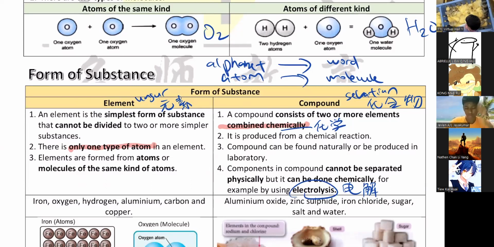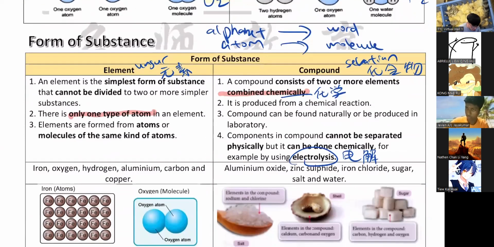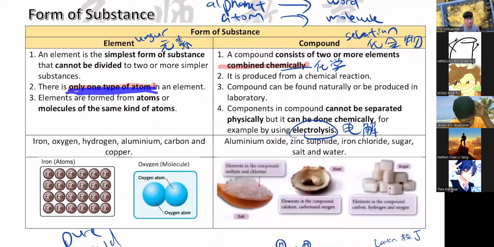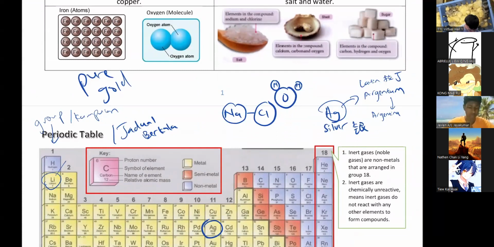All right, so as I was saying, you have element and compound. So what are they? Element is the simplest thing in the world. They are only made from one type of atom. That means if you have a pure gold bar,